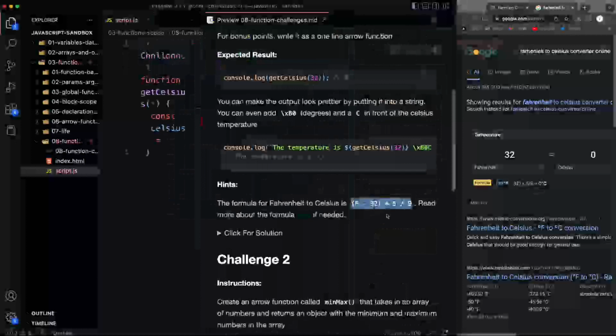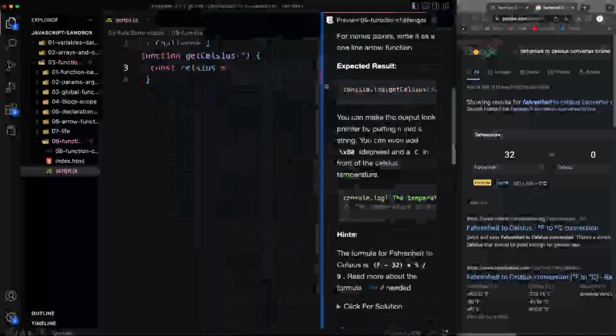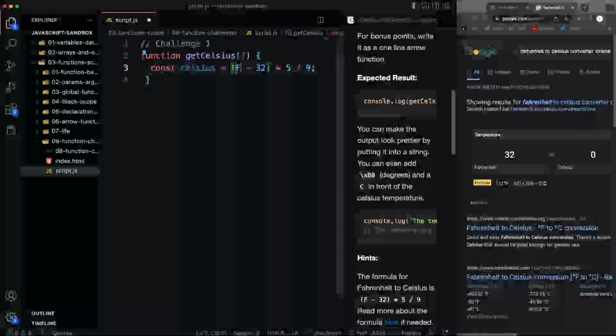Definitely need to know that. Stuff like this, I usually find on Stack Overflow, or using the GitHub Copilot extension is really helpful because it'll get you stuff like that. So I'm just going to paste that in, and then what we can do is replace that capital F with our lowercase f, because that's the argument that's being passed in, right? And then let's return